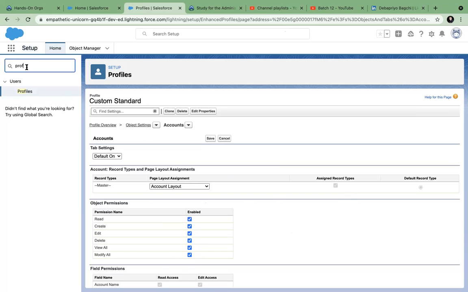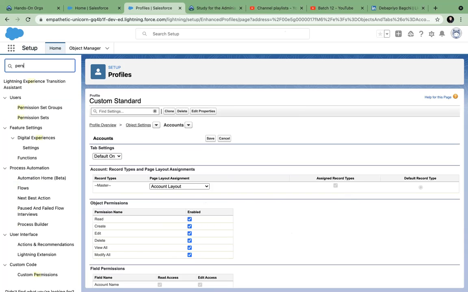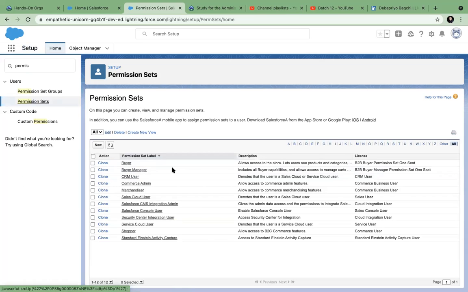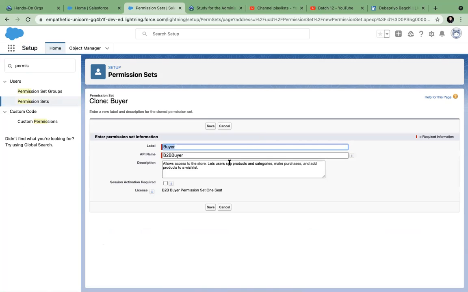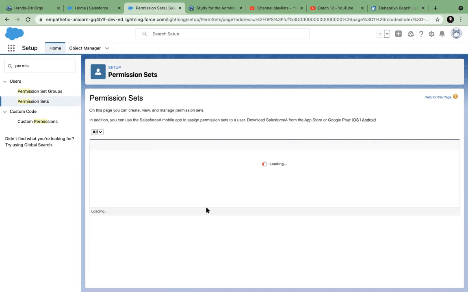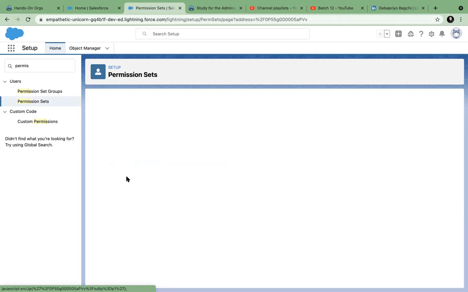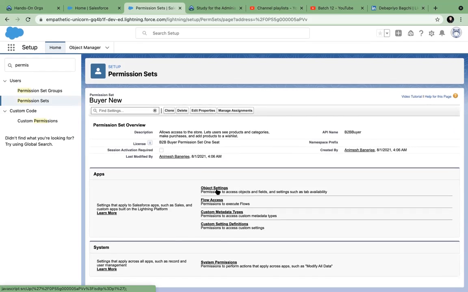Yeah. Similarly, permission set is also something which can be created and through which you can give permission. So you can just copy any of these existing profiles, clone this, and create a new profile. A permission set is a collection of permissions. That's it. So if I go to this, I can go ahead and add an object setting.